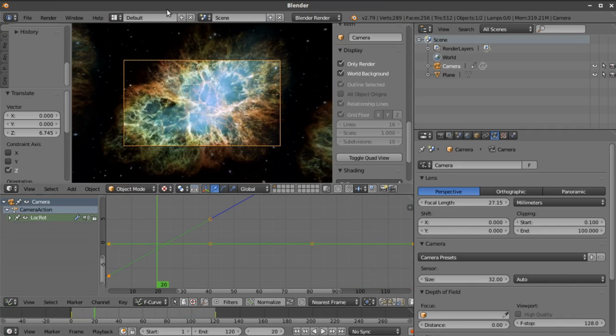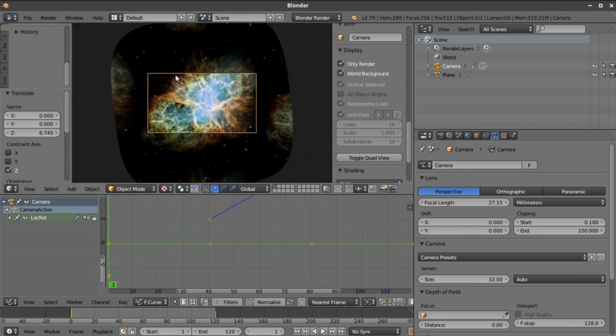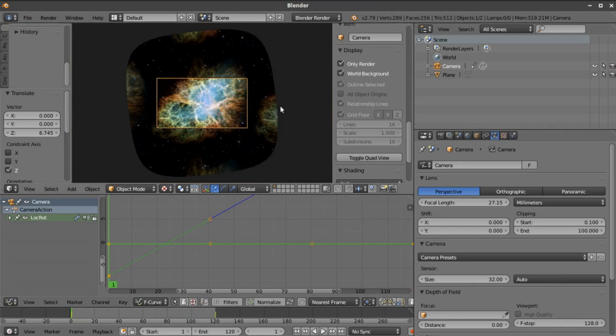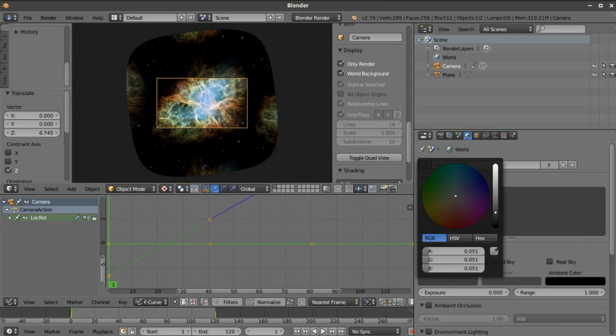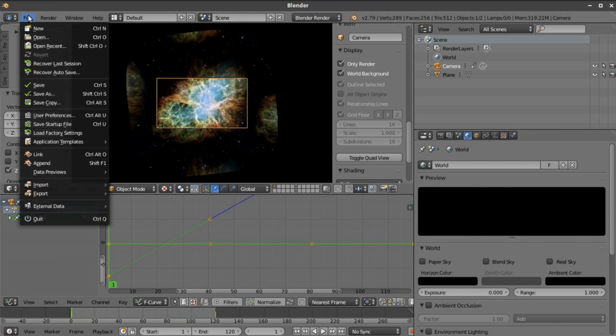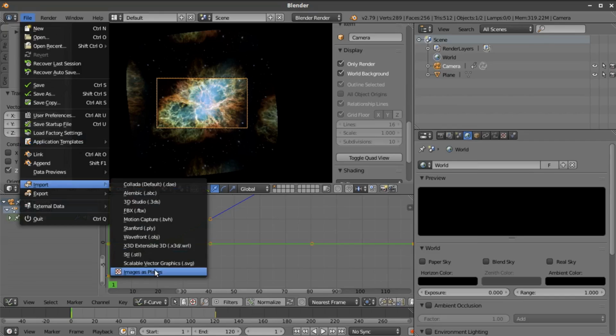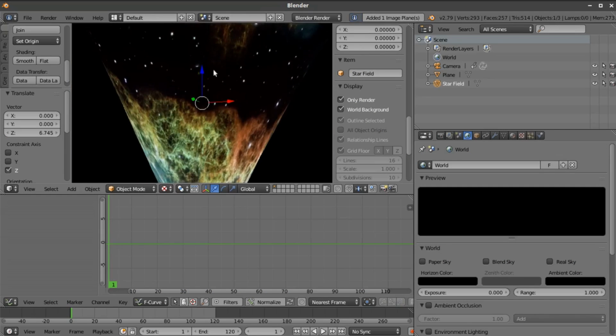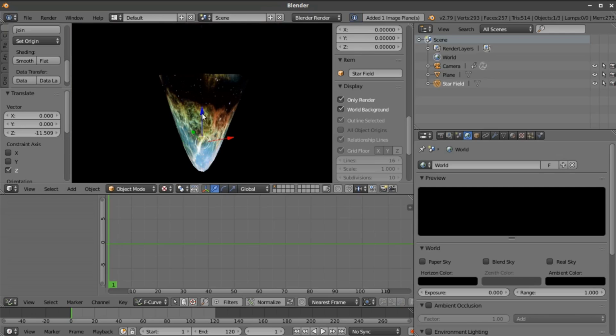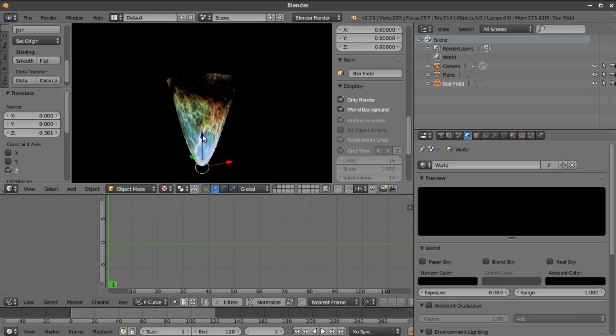Now I did one more thing to add a little bit of depth to it. I added another plane in the background that has some stars on it. So I want to make my horizon color black to do it this way. Actually, I probably didn't need to do that, but that's okay. We'll import another image as a plane. We'll go to our trusty star field, make sure it's shadeless, and I'm going to move this way back here outside the tip of the nebula. We'll scale it up,